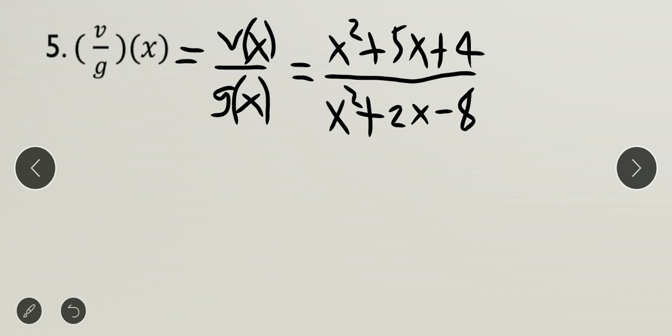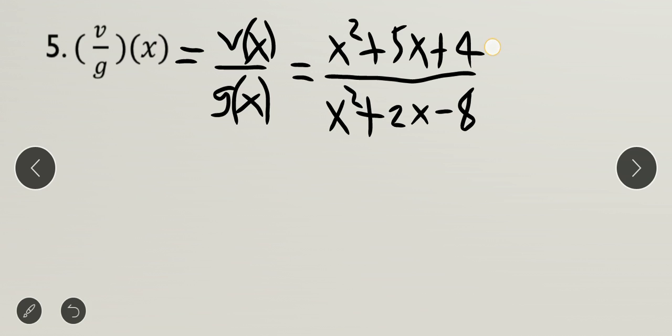Now, basing on the functions given, since our numerator and denominator are both quadratic functions, then we have to determine whether the two are factorable or not. So we have to employ the process of factorization. Why are we going to factor? Because in some cases, we are going to cancel something on both numerator and denominator, specifically the same function.